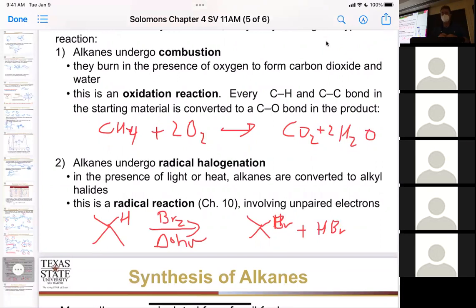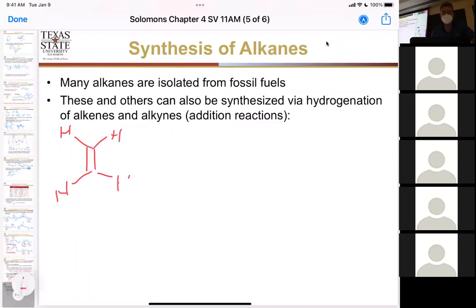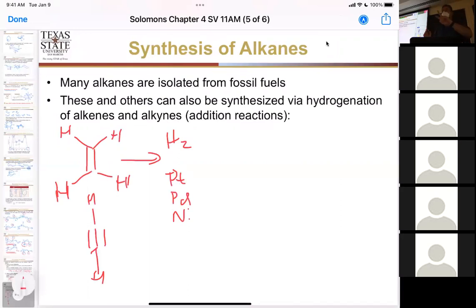All right. So how do we make alkanes? Well, we actually make alkanes from other things. One of the most common ways to make an alkane is to start with an alkene or an alkyne right here and do an addition reaction across the double or triple bond. The way we do that is we add hydrogen and a catalyst, typically platinum, palladium, or nickel. We can add one equivalent of hydrogen across that double bond, creating two new carbon-hydrogen bonds to give us,